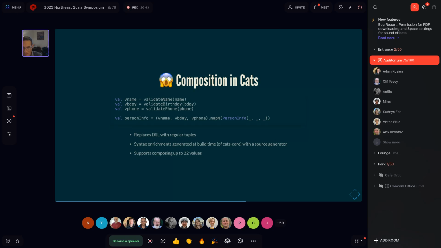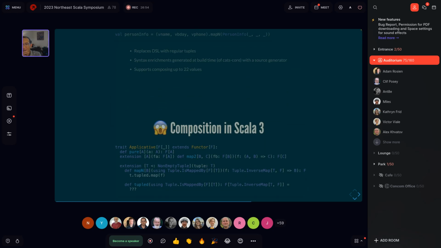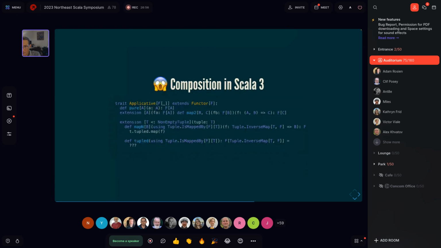There's just a boilerplate generator integrated in the SBT build, and it generates up to 22 of these builder patterns to make this stuff compile. So in Scala 3, we now have the capabilities to write this mapN operation in a general way.